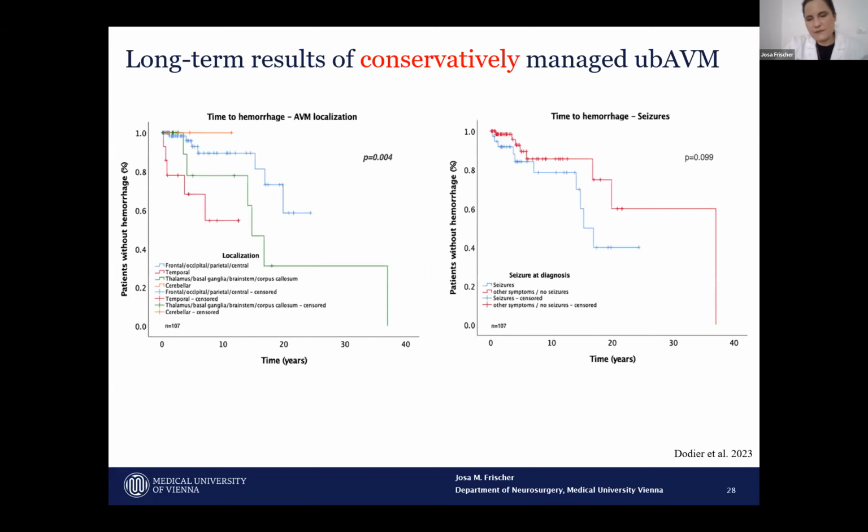So just to share some very quick data with you, we did several Cox regression analyses and several risk factor analyses, and the only risk factor that was evident here, statistically significant, was that deep and temporal localization among this sample was a significant risk factor for subsequent hemorrhage from those brain AVMs. The presence of seizures reached borderline significance. There was no influence on the hemorrhage rates of the Spetzler-Martin or Spetzler-Ponce grades or class.